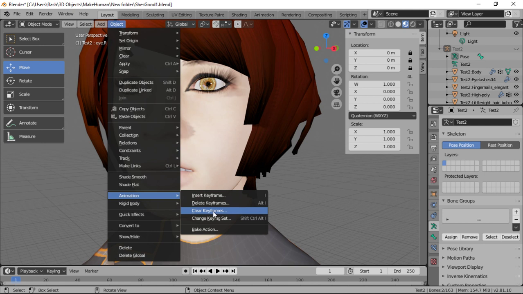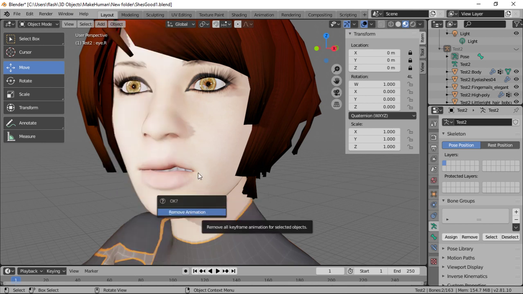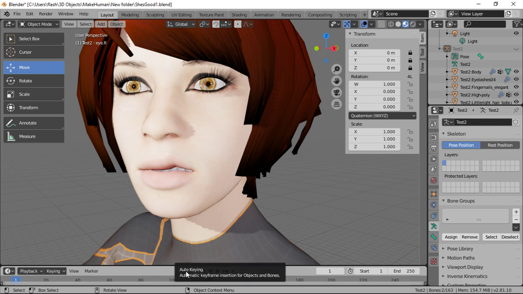Animation, clear keyframes. No, I didn't do any keyframes, so that's not really a keyframe. If you're trying to do animations starting out, you probably would start to learn about the timeline here. So you watch YouTube videos that tell you about using the timeline, and then you have to click this little button here, and that will afford you automatic keyframes. And keyframes pretty much are